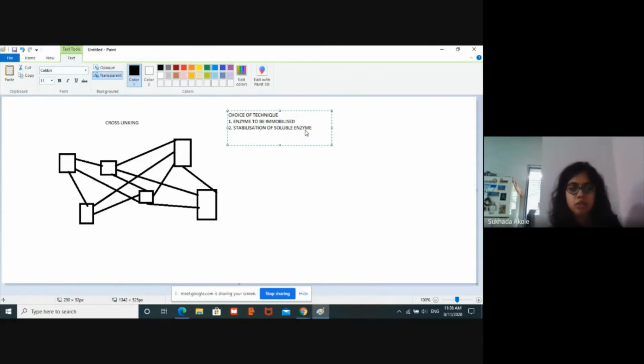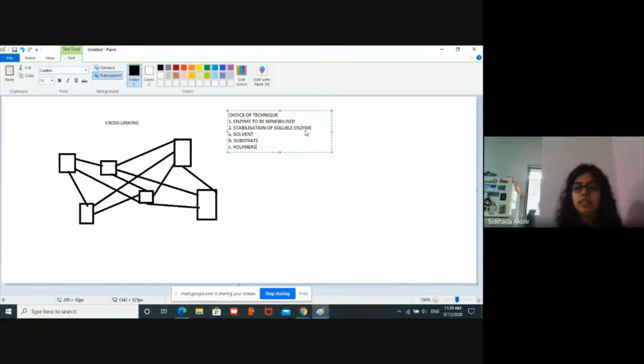Another way in which we can stabilize these enzymes is by using polymers. Okay. So now, first method was by stabilization of solvent. Second method was by addition of substrate. And the third method is by addition of polymers. Enzymes can be stabilized particularly against high temperatures by addition of certain polymers like gelatin, albumin, or polyethylene glycol. Okay.